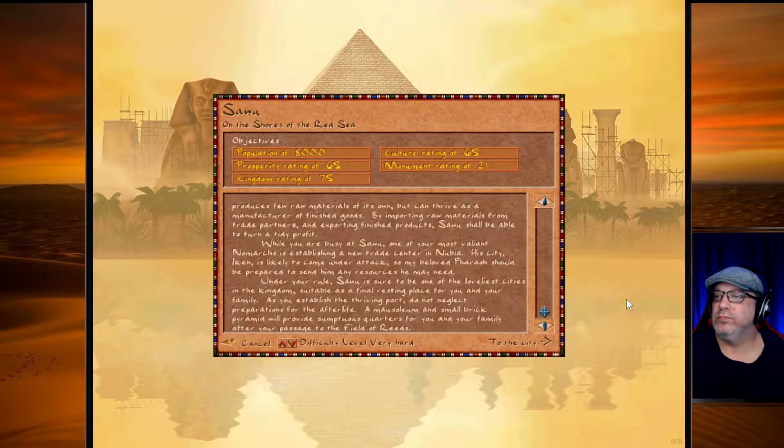While you are busy at Sawu, one of your most valiant nomarchs is establishing a new trade center in Nubia. His city, Icon, is likely to come under attack, so my beloved Pharaoh should be prepared to send him any resources he may need. Under your rule, Sawu is sure to be one of the loveliest cities in the kingdom, suitable as a final resting place for you and your family. As you establish the thriving port, do not neglect preparations for the afterlife. A mausoleum and small brick pyramid will provide sumptuous quarters for you and your family after your passage to the